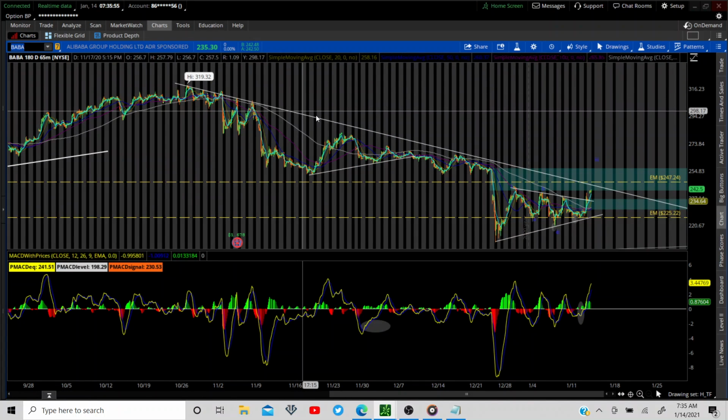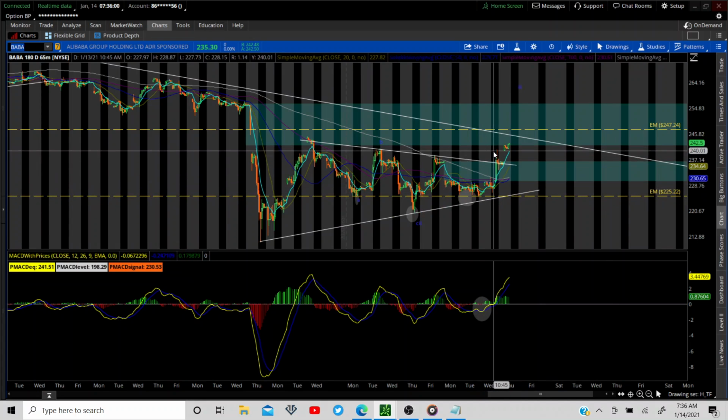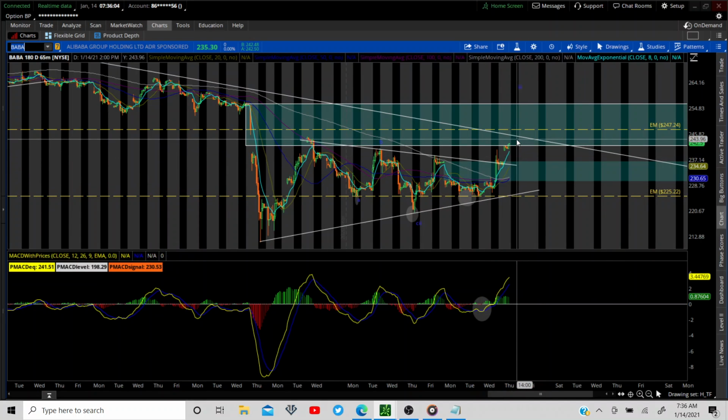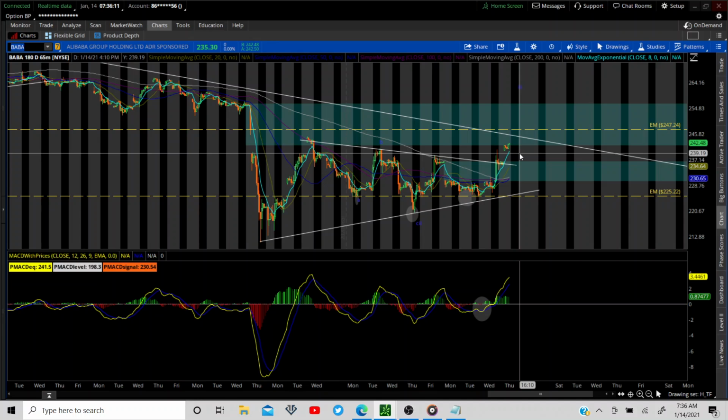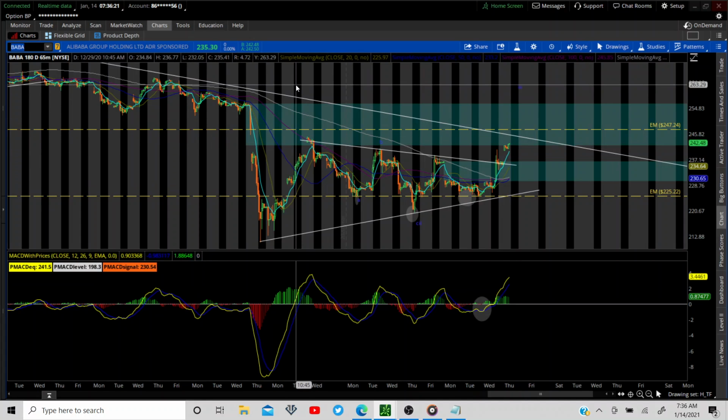Baba, we've been watching Baba. Baba broke out yesterday, made some good moves, gapping up again here today, but it's gapping right into this gap resistance. So we're going to watch this one. Again, we're in this play. We still have a one lot options call for this week expiring, so we're looking to get out of that one, but we're definitely in longer term for this. We rolled out some time ago, sometime back here. So Baba.